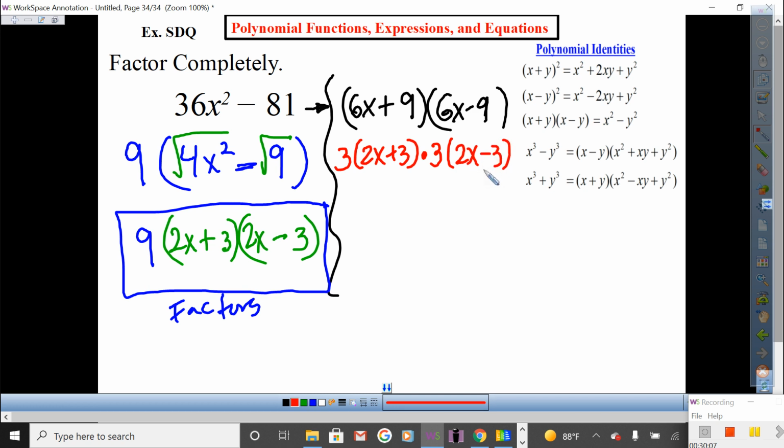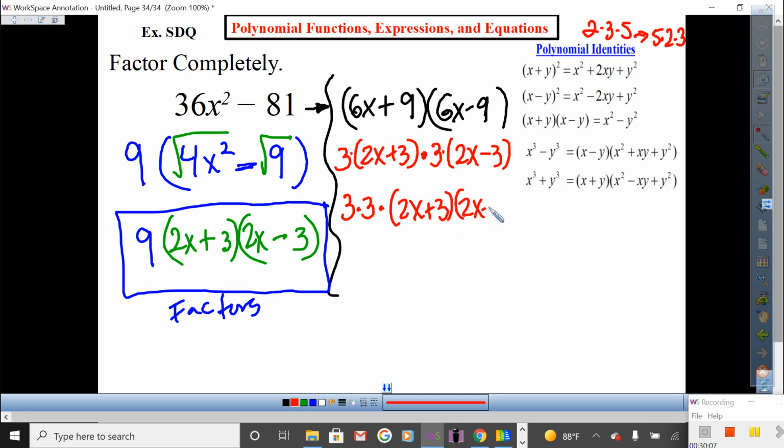Yes? Okay. Now check this out. There's multiplication here, here, and here. That means I can move these around, can't I? You're like, what does that mean, Mr. Q? Yeah, 2 times 3 times 5 is the same as 5 times 2 times 3. I can move stuff around and it gives me the same product. Is that correct? So that means I can move these around and write 3 times 3 times (2x plus 3)